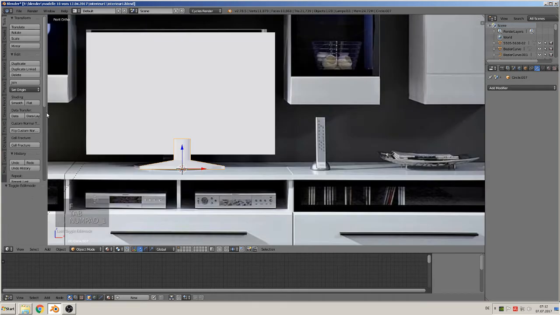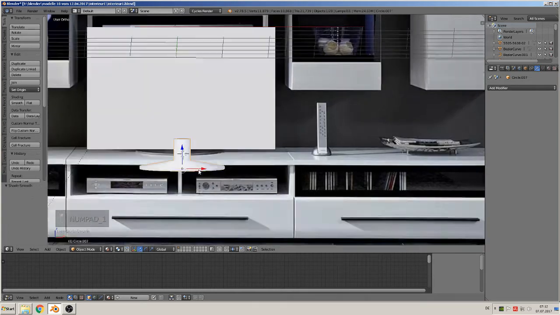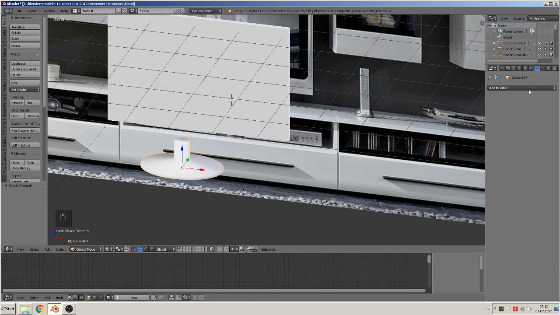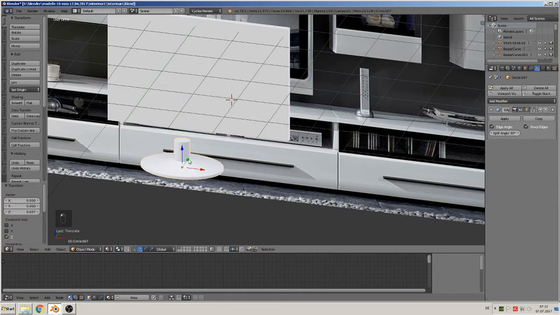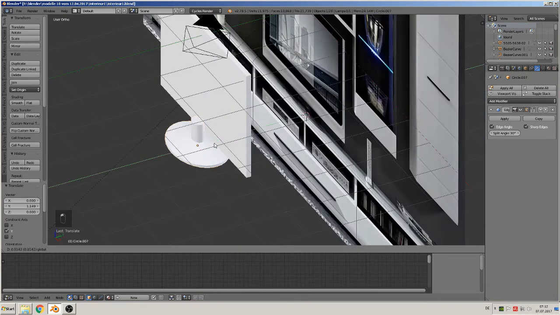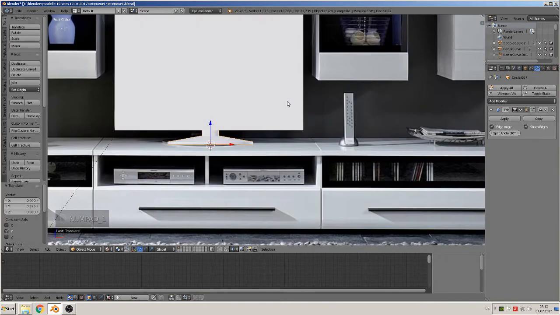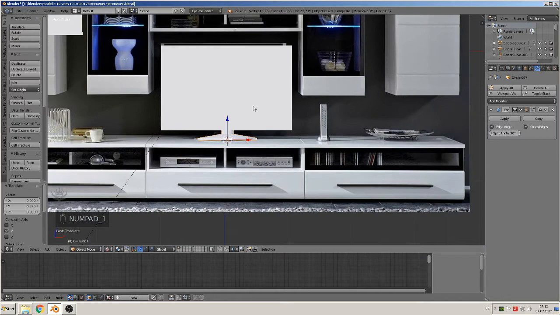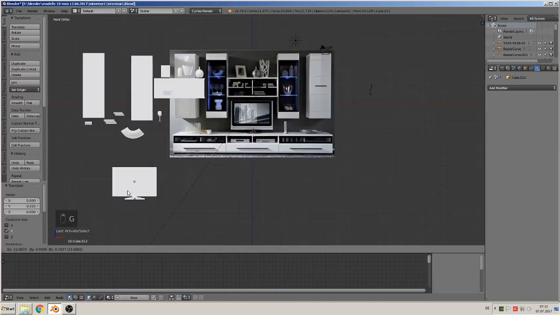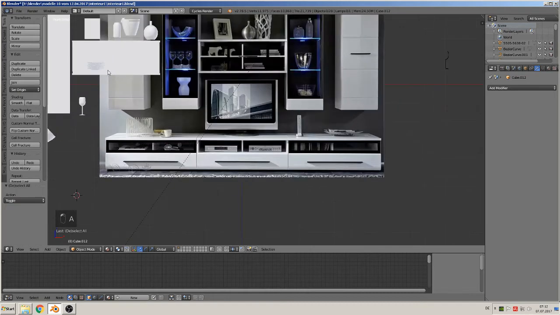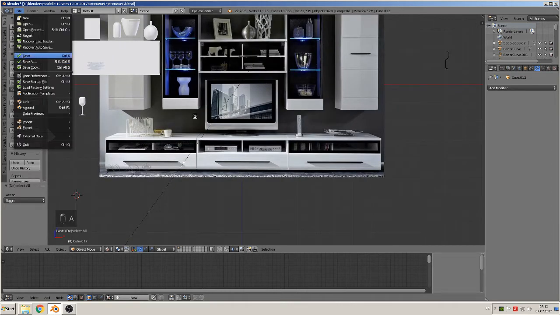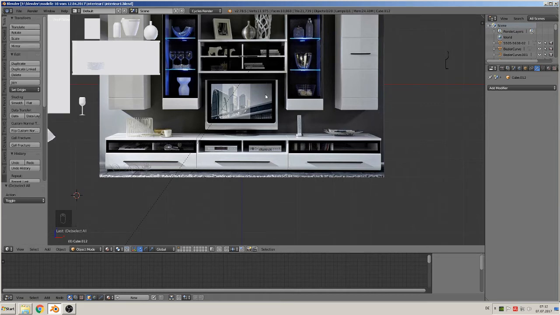Good. When we now smooth that, we become shading errors, surely. And then we can take here an edge split, and there we go. That we bring in the back of the TV, and then we have our TV done. Good. File, save. We have done that. Okay, so